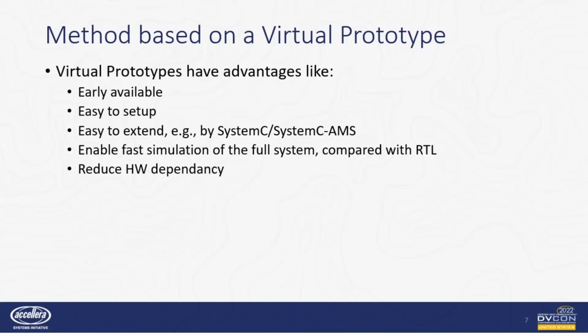In the classical hardware-software design flow, most of the software development relies on hardware availability. This normally takes a considerable amount of time. With a virtual prototype, software can start to be developed as soon as the first model version is available, even when no hardware design is yet specified. Also, at RTL level, simulations of this size take too long. This is where we can see a shift left in the classical flow based on the virtual prototype.